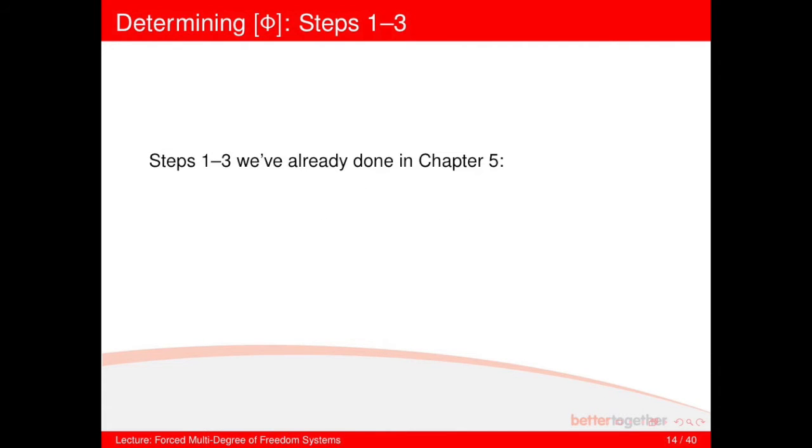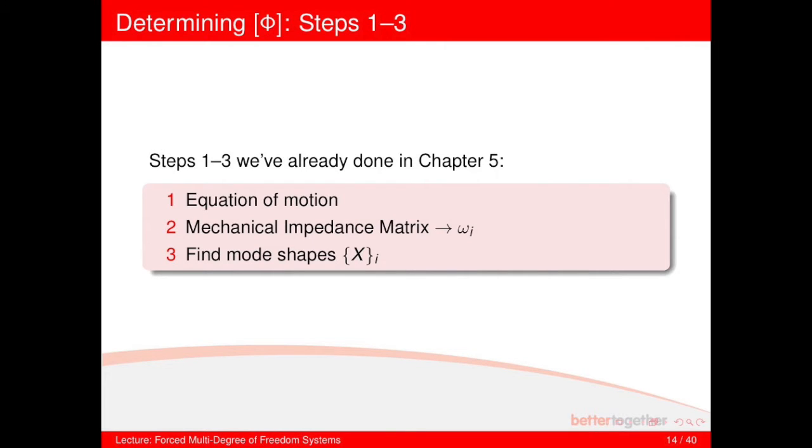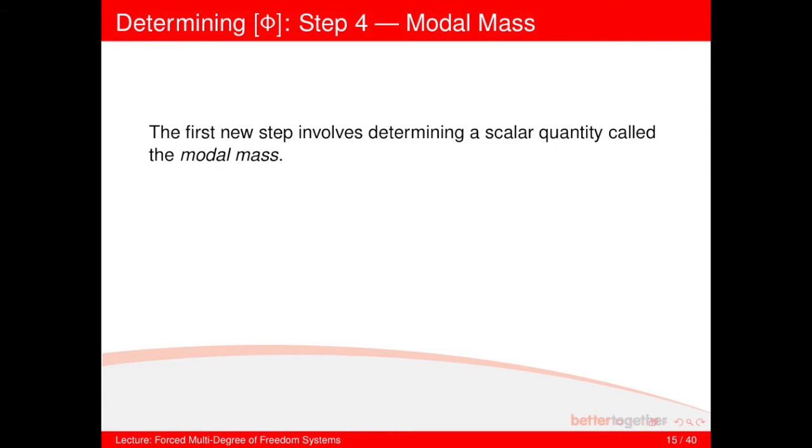Now, steps 1 to 3, we've done before. That's chapter 5. Step 1, find the equation of motion. Step 2, find the mechanical impedance matrix, and that will give us our natural frequencies. And then obviously you apply those natural frequencies back into the mechanical impedance matrix, and you get your mode shapes. Steps 1, 2, and 3 we've done already. Step 4 is new,